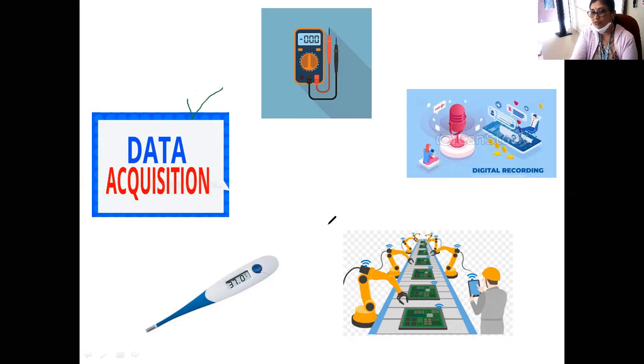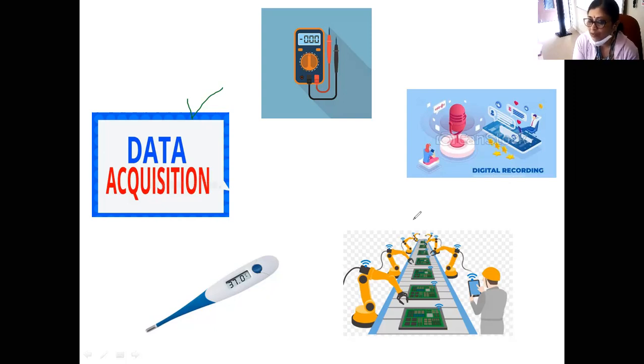A data acquisition system is a type of instrument which can record different parameters and display them in digital form. For example, it is going to measure the temperature, the humidity, the pressure, and display them in digital form. Such an instrument is called a data acquisition